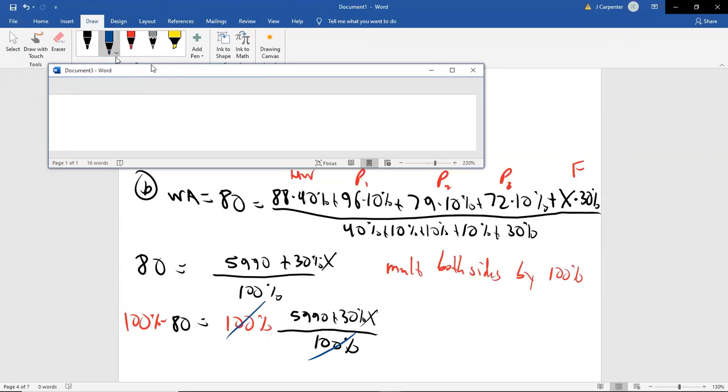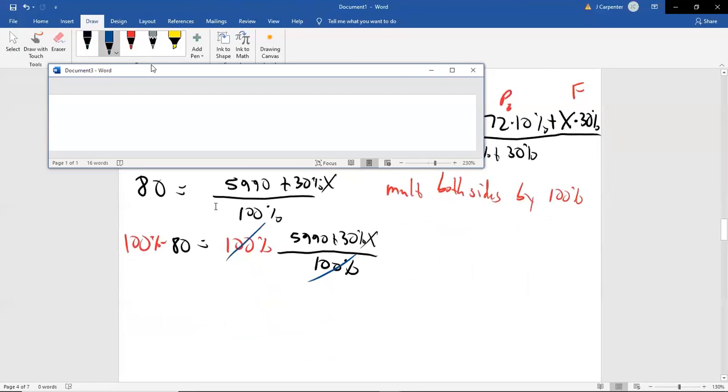Now, here's a cool way we could have avoided this. If instead of doing percentages, you did decimals, the bottom would have been a 1, and then it wouldn't even be there, and you wouldn't have to worry about that. And I am 100% confident that when I did a problem like this back in 2.2, that was the way I did it in that class, and I made the suggestion to do it that way because of that. But you may forget that, so here's the different way, and that's why I chose to do it the different way this time. So 100 times 80 is